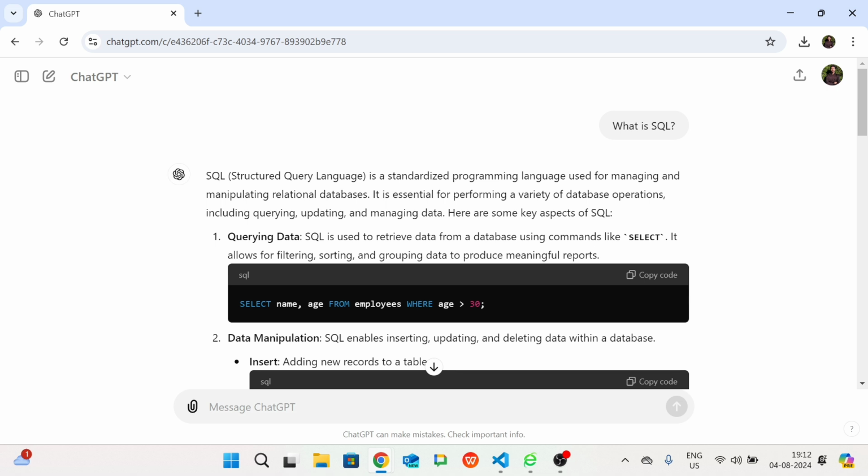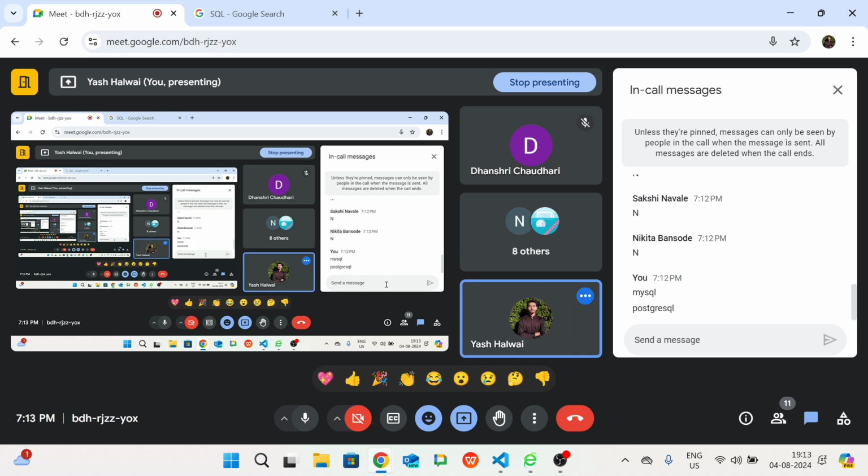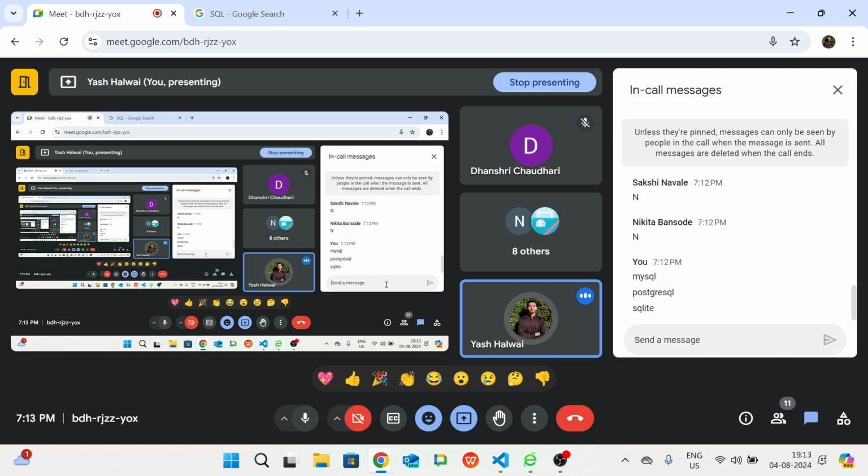So there are different open source as well as some software, that is MySQL. Let me type the names here. If you don't know anything about SQL, I'm typing some names, you just go through them. MySQL, then there is PostgreSQL, okay, SQLite. See, these are the different mediums. Consider them as a medium where you can go and practice your SQL. You can see how we can interact with the databases.